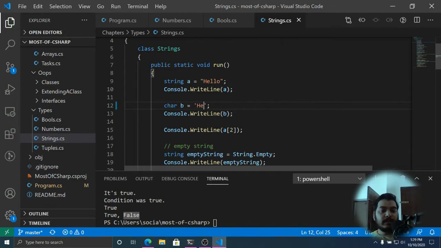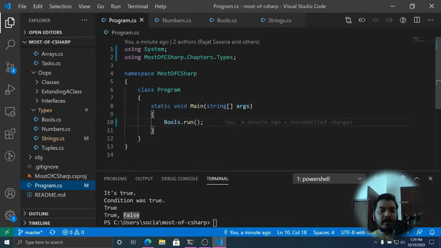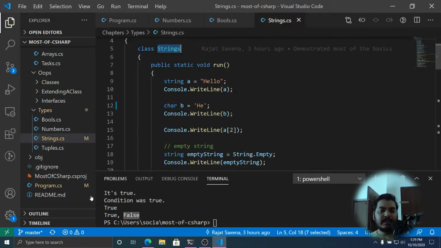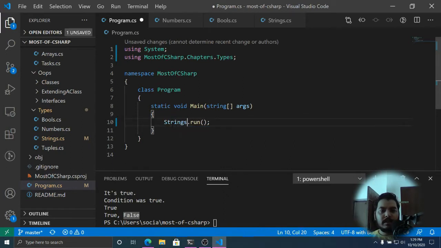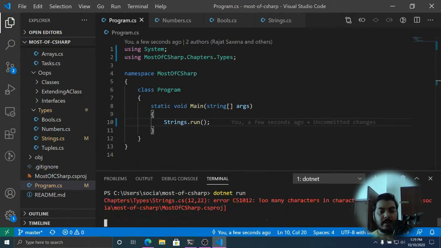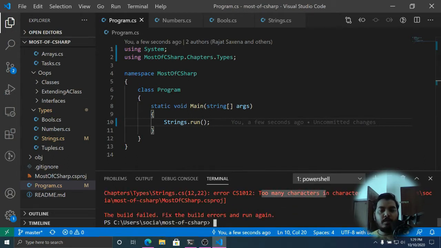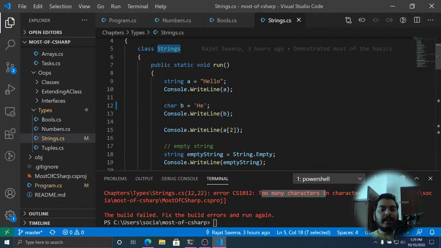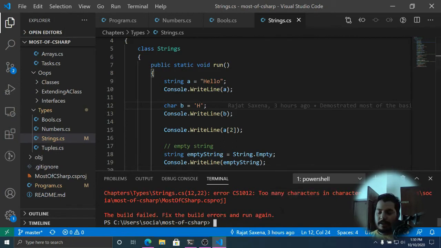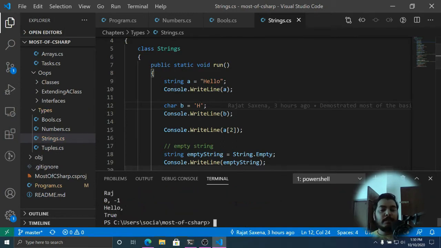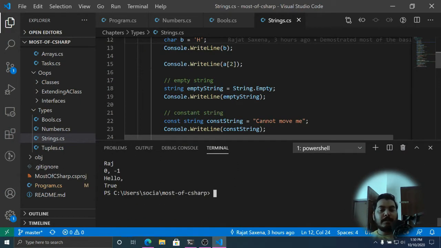Okay, so if I do this, I will most probably get an error. Let me show you. Again, the class name is Strings. We will head back to our program and type this, and run it. It has produced the error "too many characters", because here we have put two characters when it cannot contain more than one. Now we can run this program again, and probably it will run fine. As you can see here, now the program has produced an output.